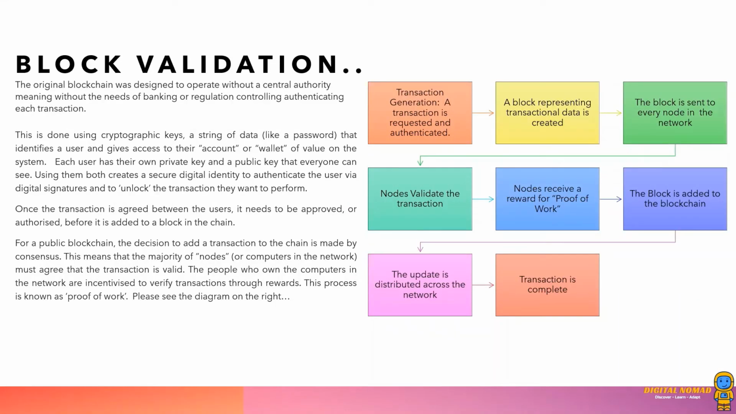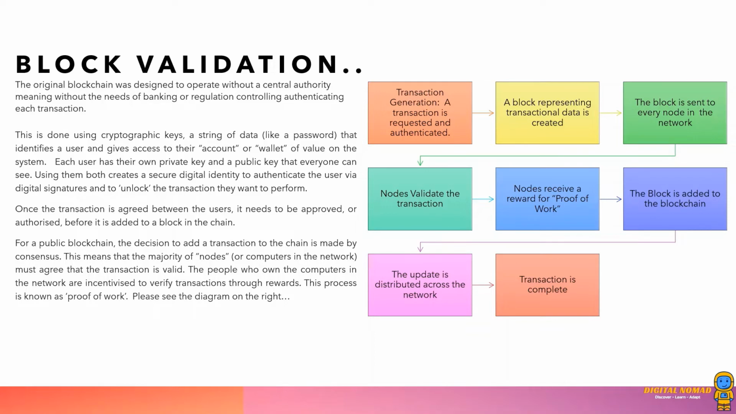Block validation. The original blockchain was designed to operate without a central authority, meaning without the need of banking or regulation controlling authenticating each transaction. This is done using cryptographic keys, a string of data, like a password, that identifies a user and gives access to their account or wallet of value on the system. Each user has their own private key and a public key that everyone can see. Using them both creates a secure digital identity to authenticate the user via digital signatures and to unlock the transaction